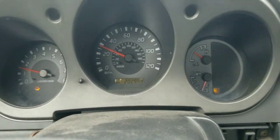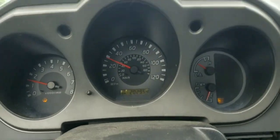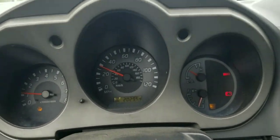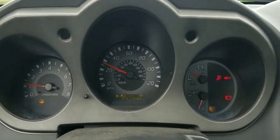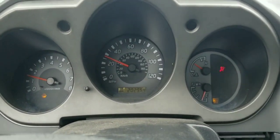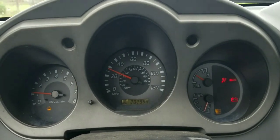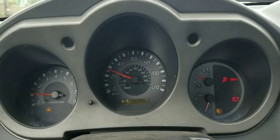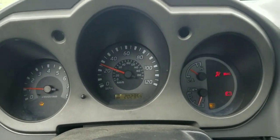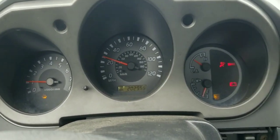As you can see, now we'll come off the accelerator, look at the RPM, it drops and the volt light comes on. Now when I step on the accelerator, the light goes away. Let's take the alternator out and look inside and see what's causing this electrical low voltage on the 2003 Nissan